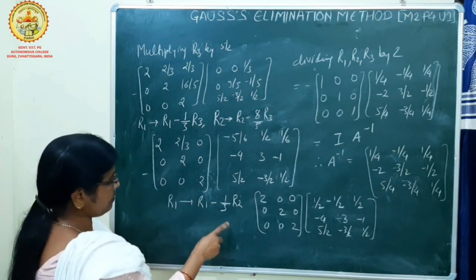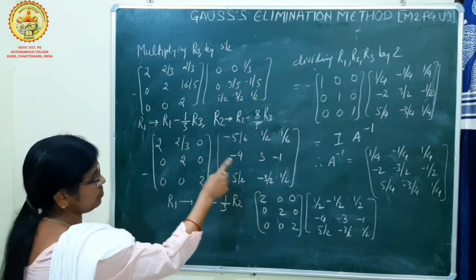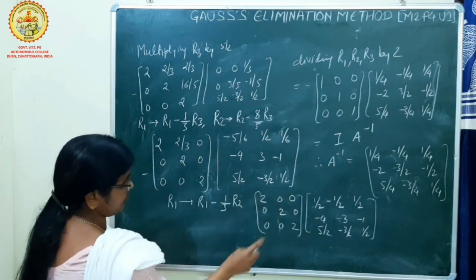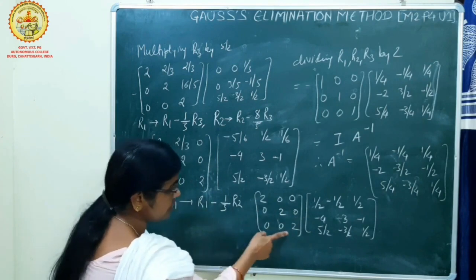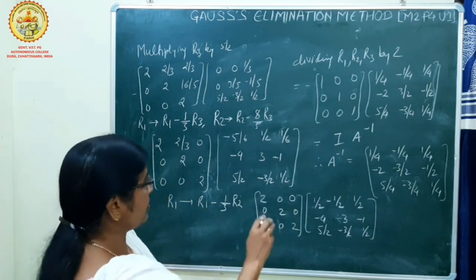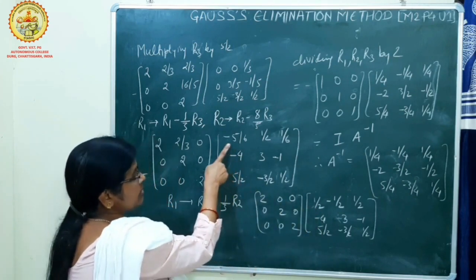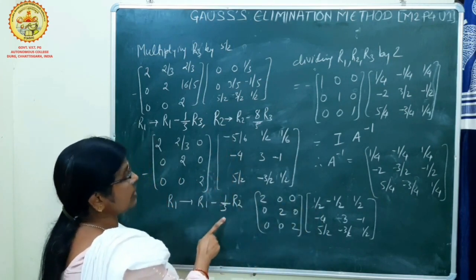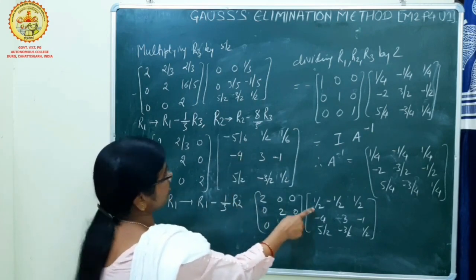Similarly, 2 by 3 minus 1 by 3, 2 by 3 minus 2 by 3 means 0. Second 0 means 0. Similarly, no change in second row and no change in third row. Same process in the unit matrix. This is 5 by 6 minus 1 by 3 R2 means 4, which is remaining part is